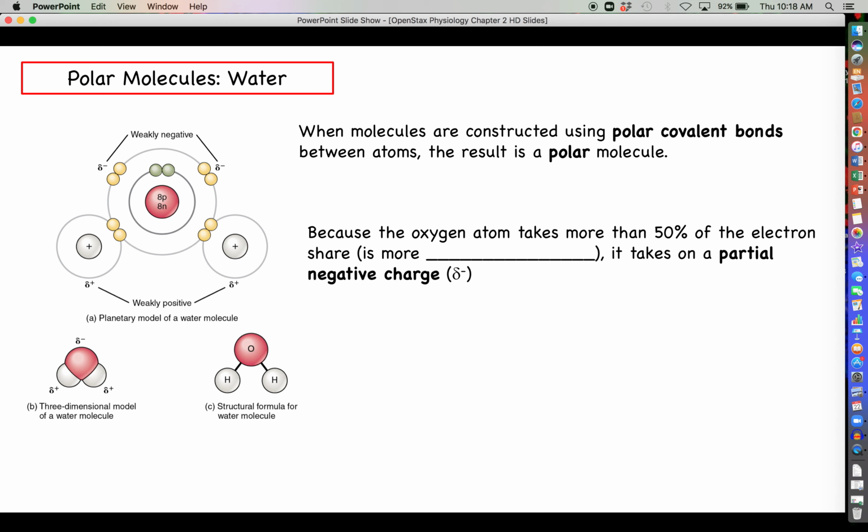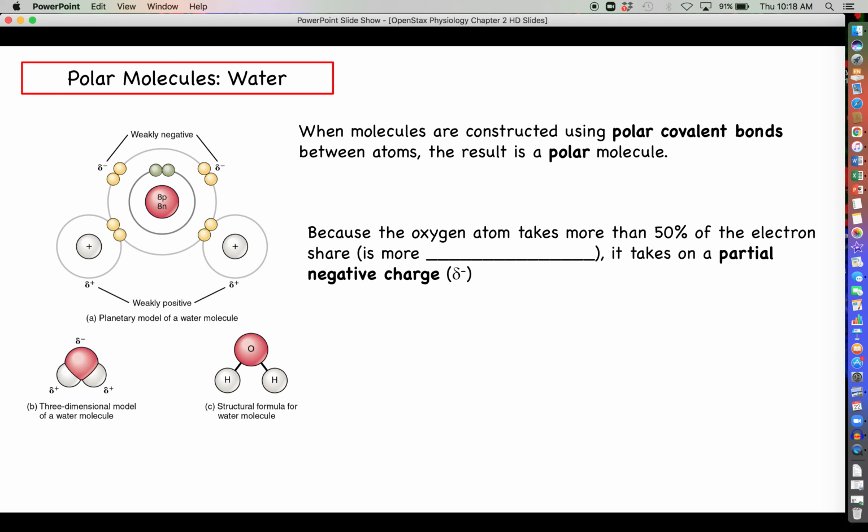So because the oxygen atom takes up more than, I guess you would call, its fair share of the electrons, it becomes partially negatively charged, right? Each electron has a net charge of -1. So if you're the oxygen atom and suddenly you've got a whole bunch of electrons buzzing about you, you're going to take on more of a negative charge character rather than neutral or positive.